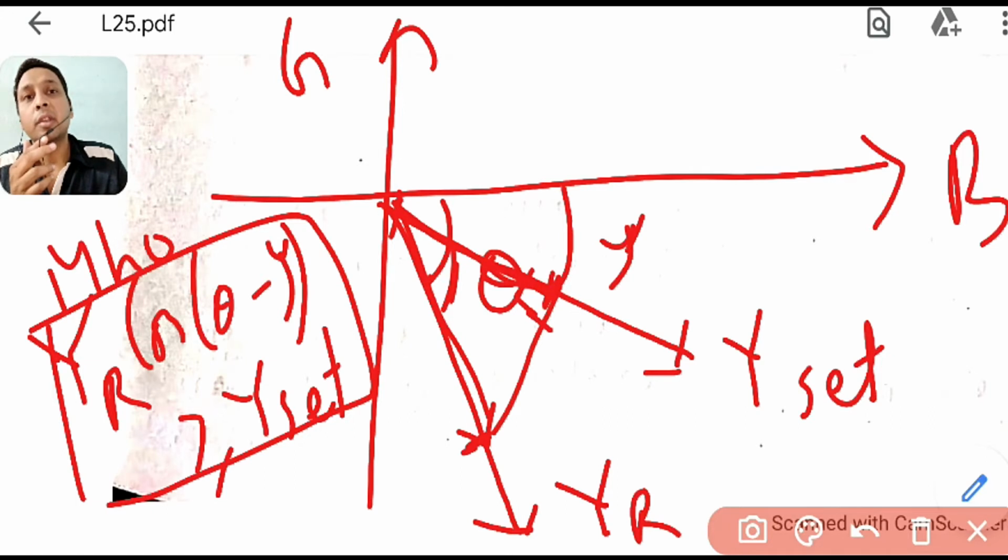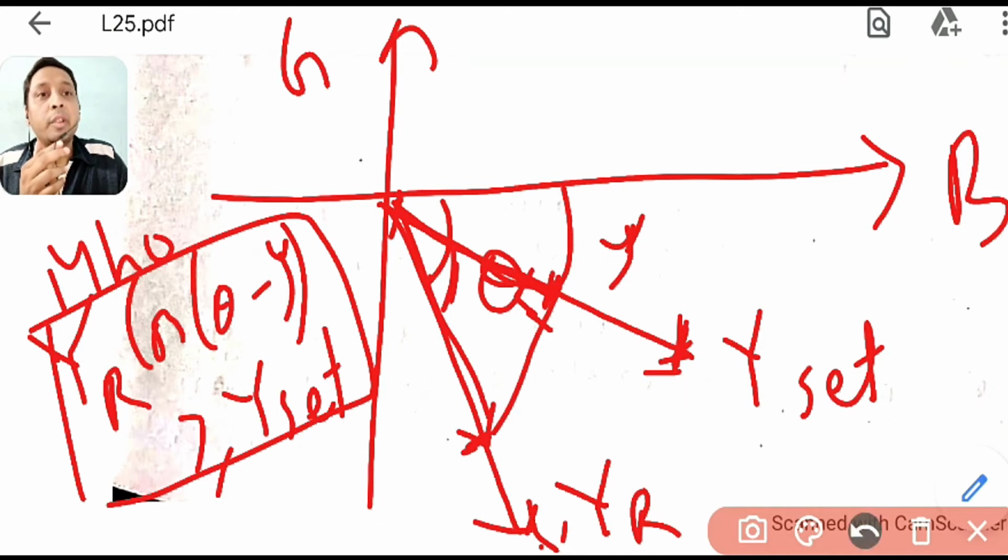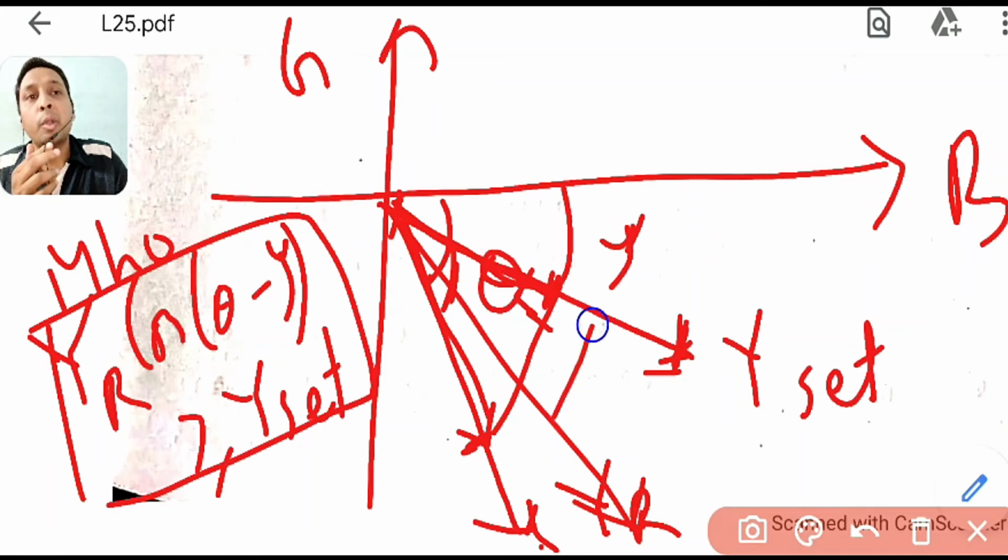If this is greater than your Y set, and if it is here, it is less than, so it will not trip. If this comes outside that Y set, suppose somewhere down the line you have this and you have drawn a perpendicular which came here, then in that case it will trip. So how will it look? It will look like the trip characteristics. Now YR can be anywhere. Suppose YR is here and you have measured here, so you will draw a perpendicular here.